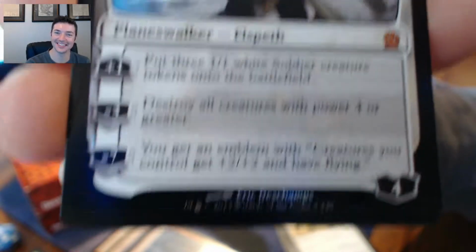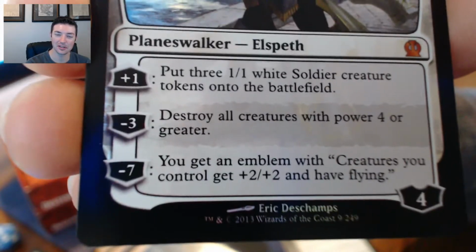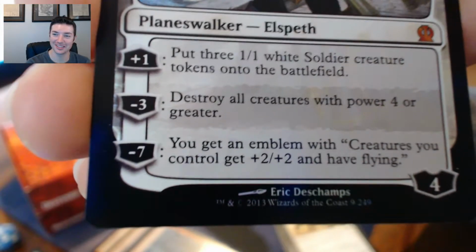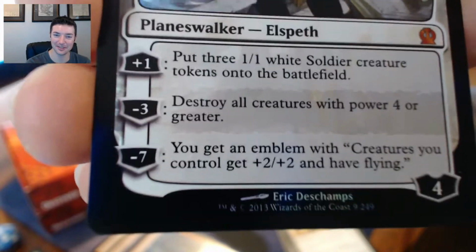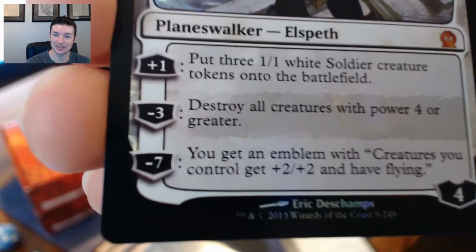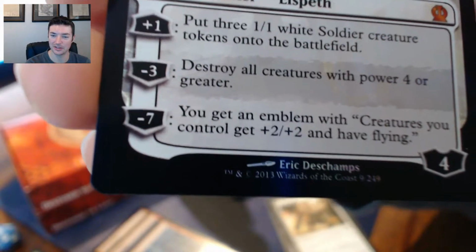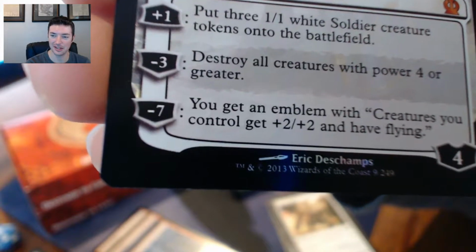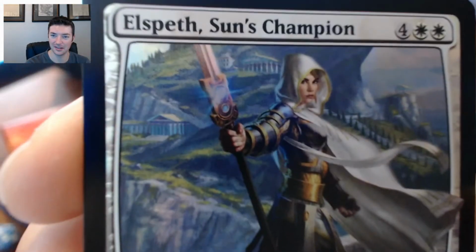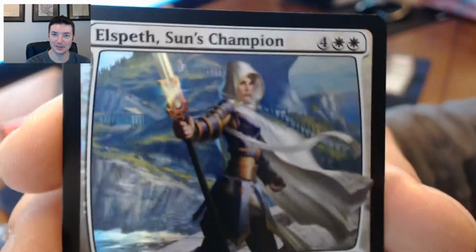Hell yes. Planeswalker Mythic. For 1 loyalty, you can put three 1/1 white Soldier creature tokens onto the battlefield. I feel stupid even reading this. -3 loyalty, destroy all creatures with a power of 4 or greater. -7 loyalty, you get an emblem: creatures you control get +2/+2 and have flying. Dear God. A foil Elspeth Sun's Champion,